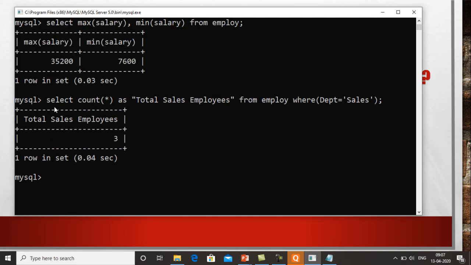So it basically counts the total number of employees which belong to the sales department. Okay, so select count star. Count star is basically used to count the number of records from the table employee where the department is sales. So it basically counts the total number of records from the employee table where department is equivalent to sales. Okay,